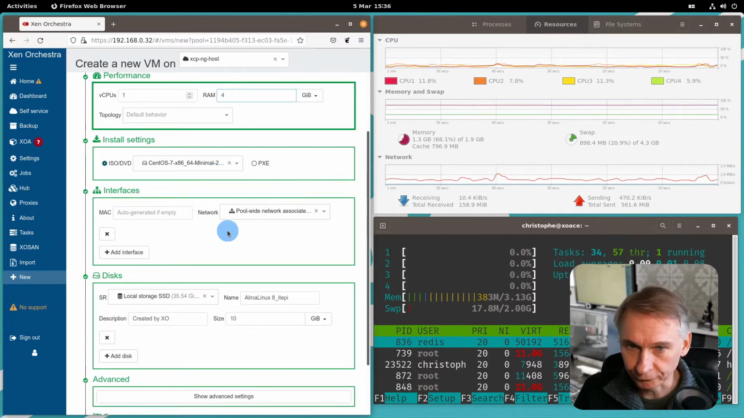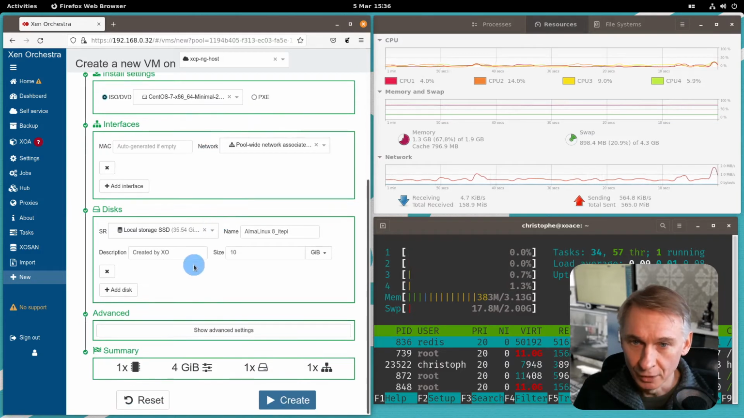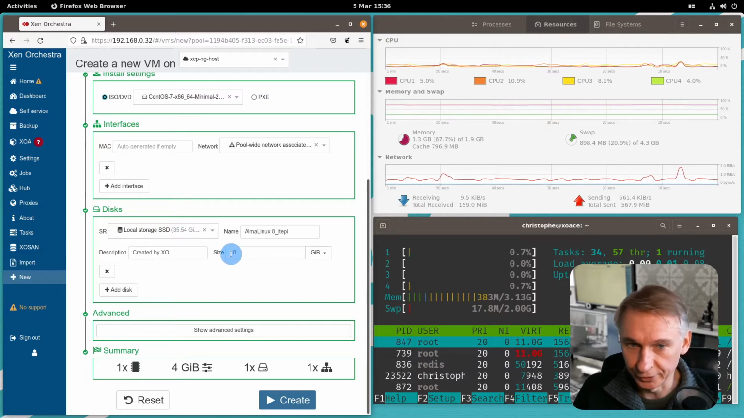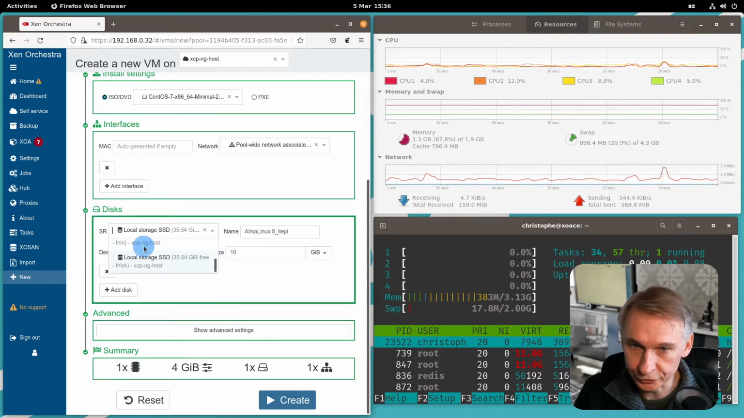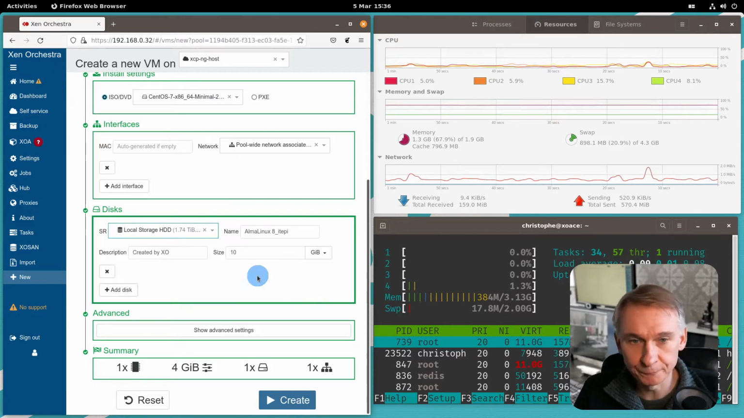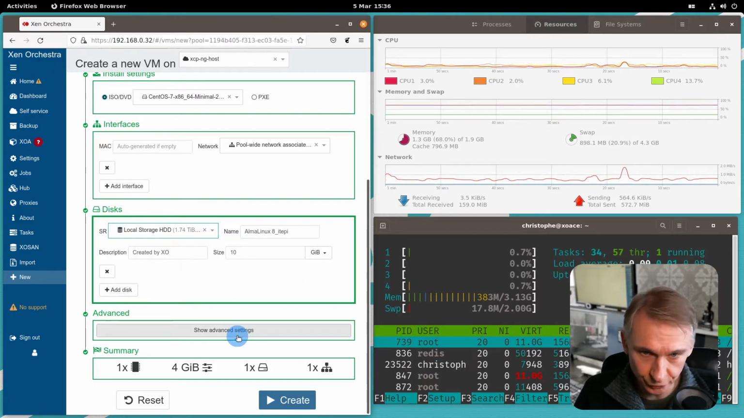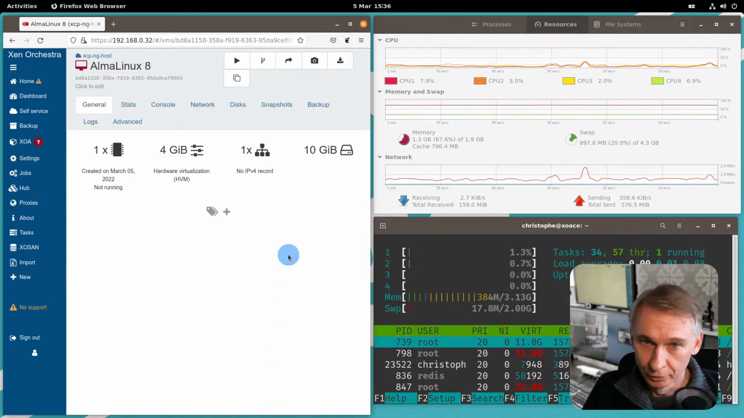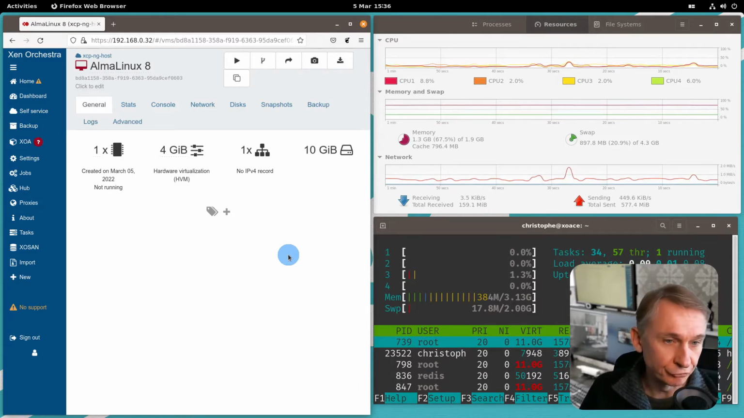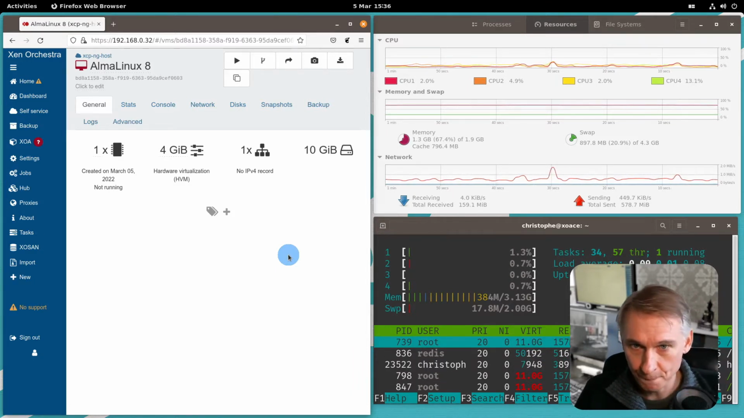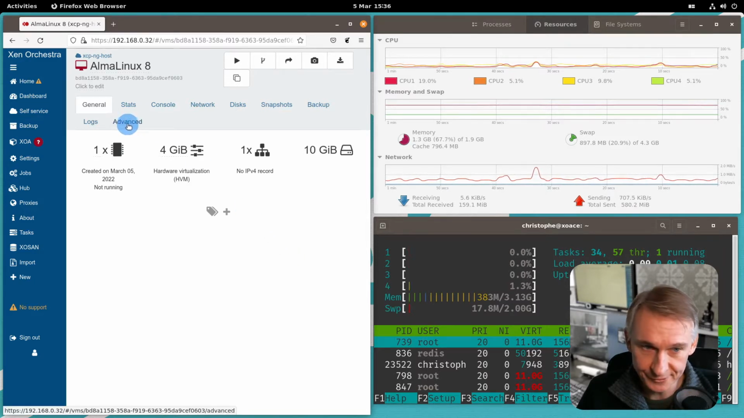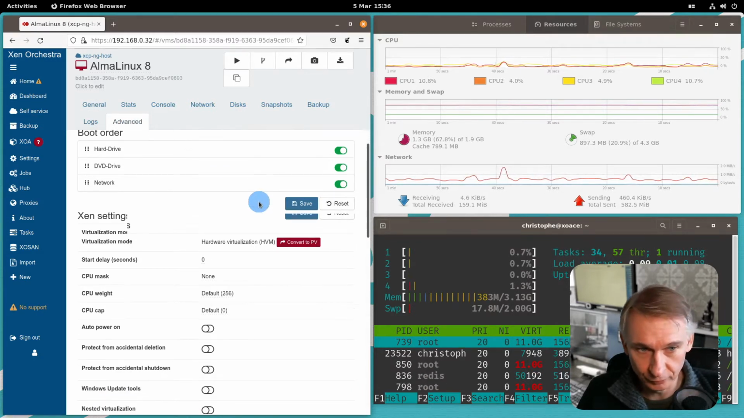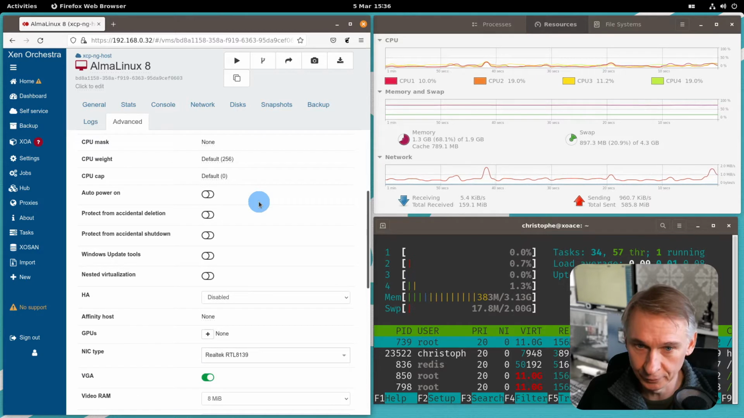So one network is associated, and I'm using here the local storage SSD and 10 gigabyte. Let's change this to the mechanical hard disk. I'm not going to show the advanced settings, but I am instead going to create. So now we can start up the virtual machine for installation, but I'm not going to do this. So we are going to the advanced tab. Once in the advanced tab, and when we go a little bit down with the scroll wheel,